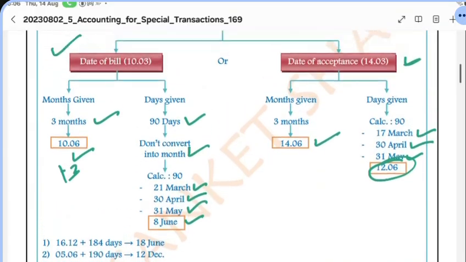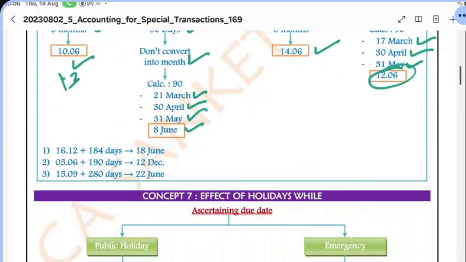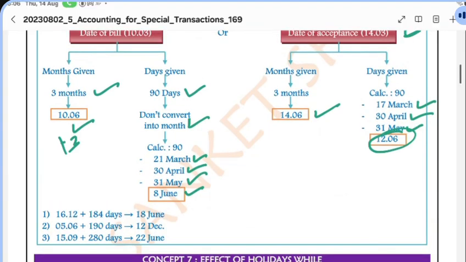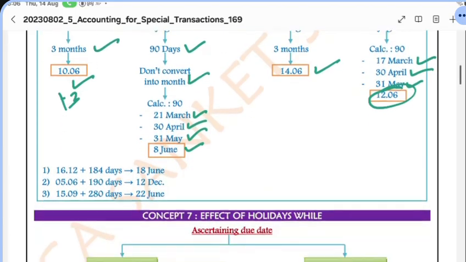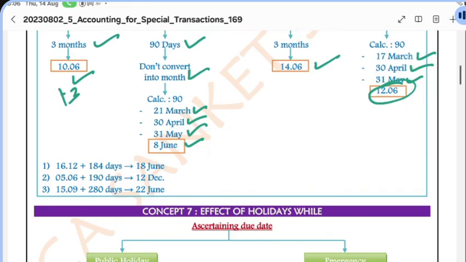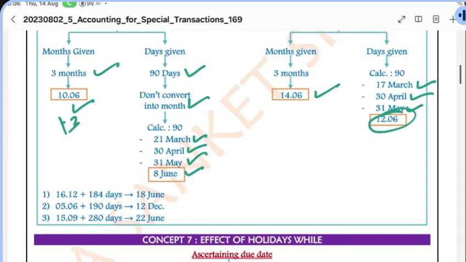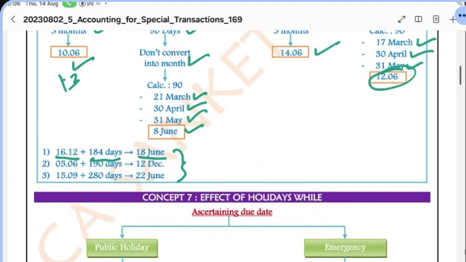Are you clear? ಪಕ್ಕಾ? ದೆನ್ ಇಲ್ಲೊಂದೇನೋ ಕೊಟ್ಟ ನೋಡ್ರಿ ಮತ್ತವ. ಅದು ಬಿಲ್ನಾಗೆ ಬರೆದಿರ್ತದೆ. ಕ್ಲಿಯರ್ ರೀ? ಹಾ, ಏನು 16, 12 ಏನೋ ಕೊಟ್ಟನಲ್ರಿ ಅವ. ಹಾ, ಓಕೆ, ಸಾರಿ. ಅವ ಏನ್ ಹೇಳನ್ರಿ? If the bill is drawn on 16/12 for 184 days, the due date will be 18 June. Right? ಇವನ್ ಬೇಕಂದ್ರೆ ನೀವು ಒಂದ್ ಸ್ವಲ್ಪ ಮನ್ಯಾಗ ಮಾಡಿ ನೋಡ್ಬೋದು. ಕ್ಲಿಯರ್?